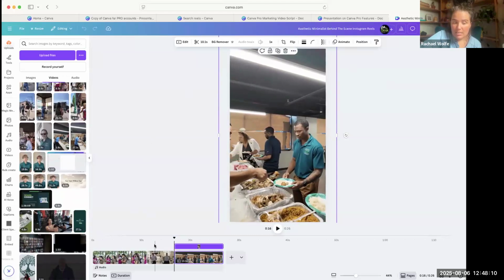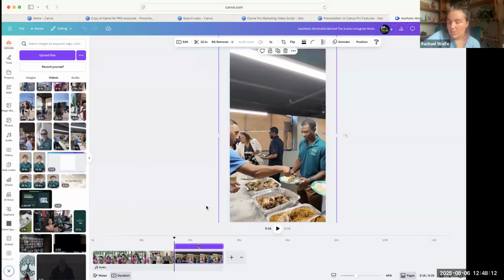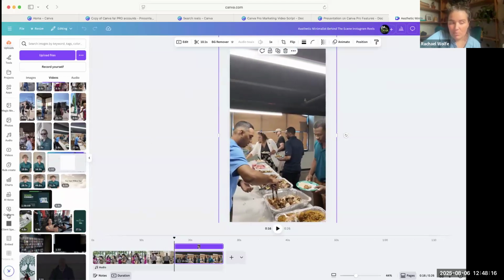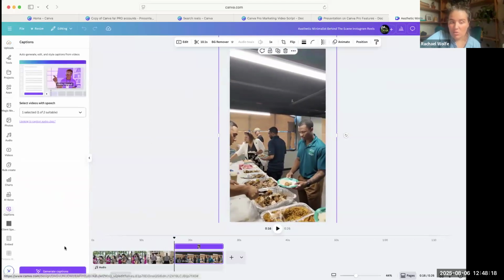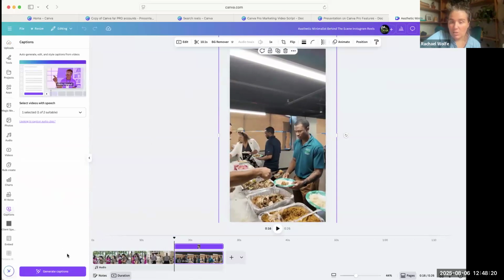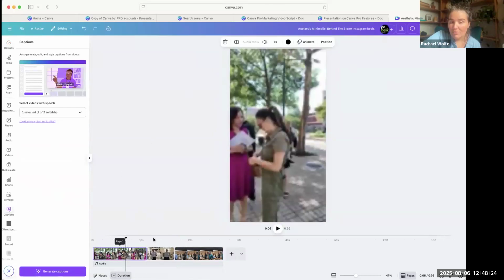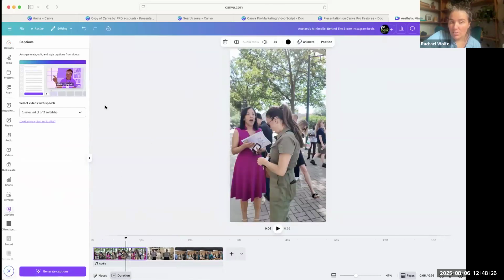Another thing is most people watch their videos. It's a very high statistic that people watch videos without the audio on. So it's really important to have captions on your videos, also because of people with different impairments. So if you go to the left-hand column and scroll all the way down to captions,